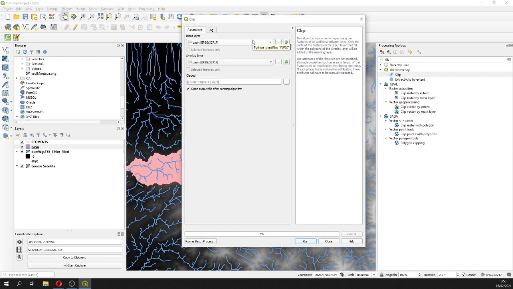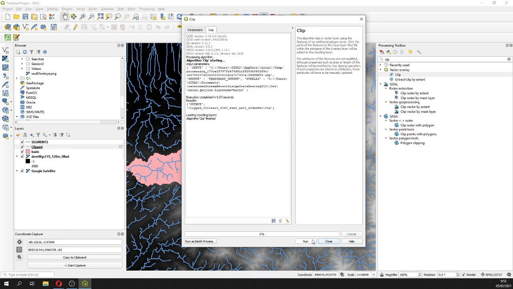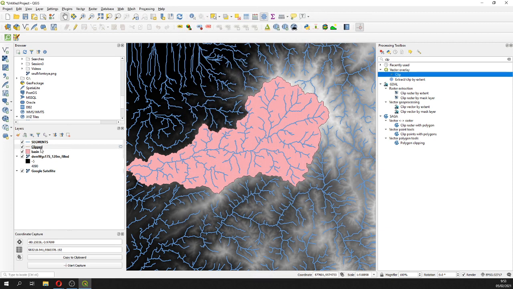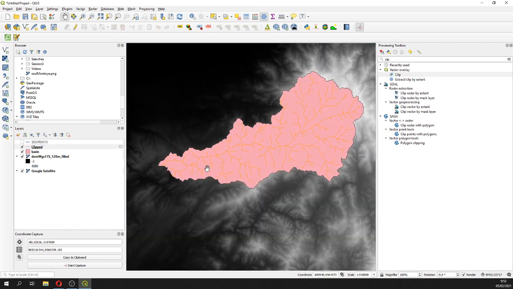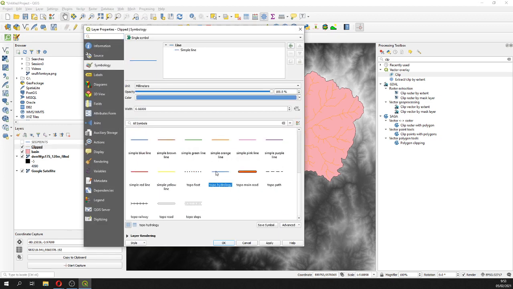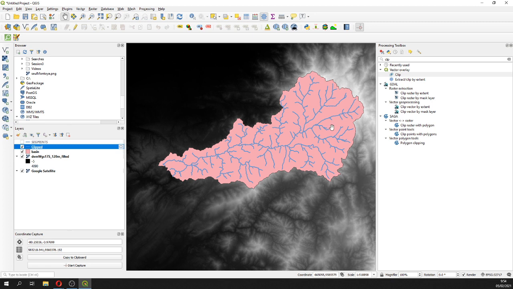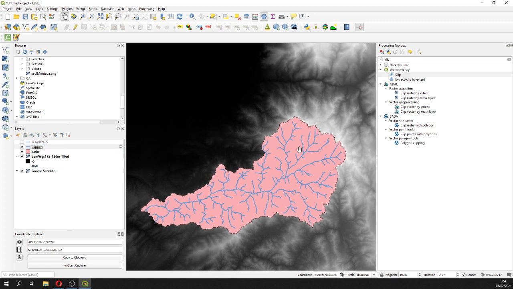Clip. A ver. Segments should be clipped by basin. Okay, I don't know why, but it worked this way. Maybe that's why it's important to be ordered. So this is the clipped version of my segments. Now what you can have is the watershed, the drainage and the channel network of a large-scale